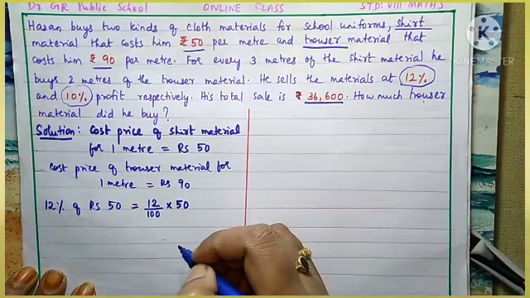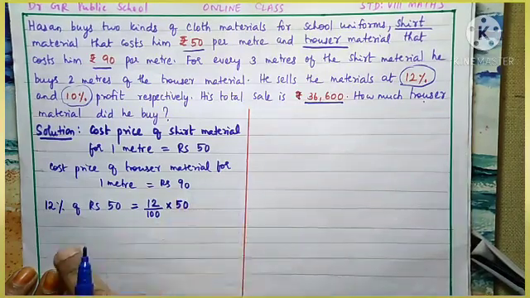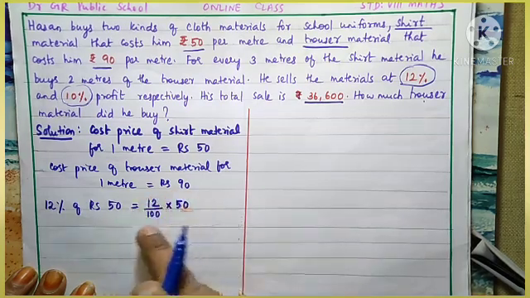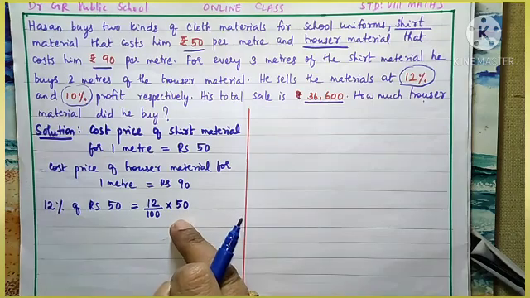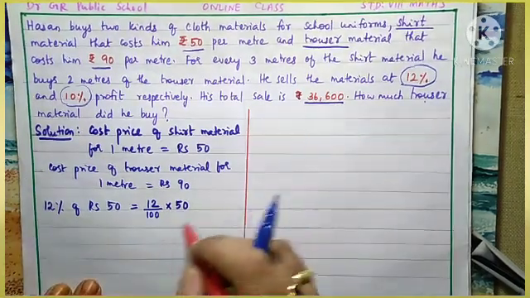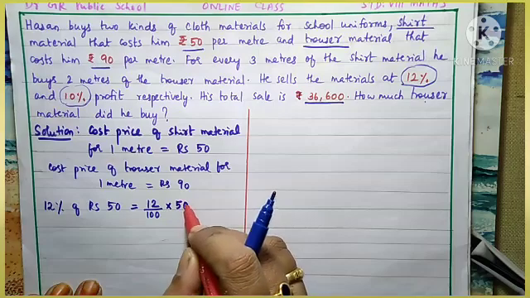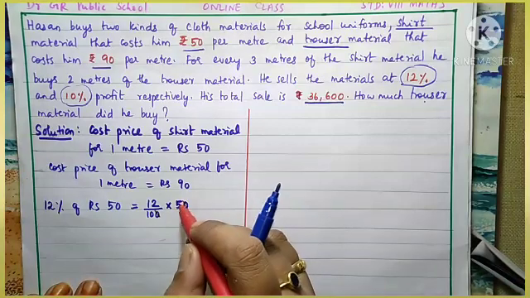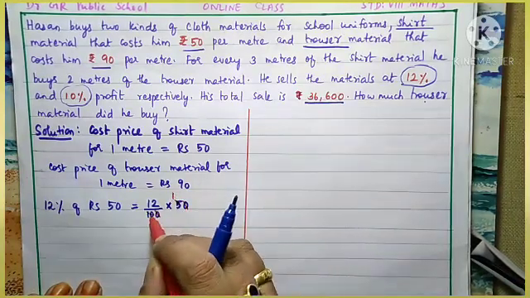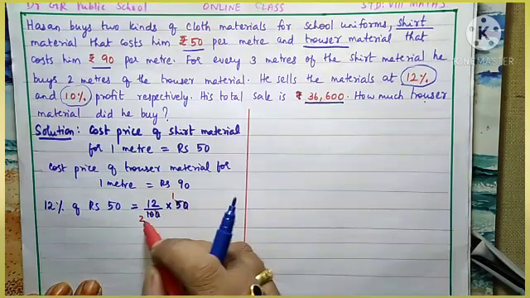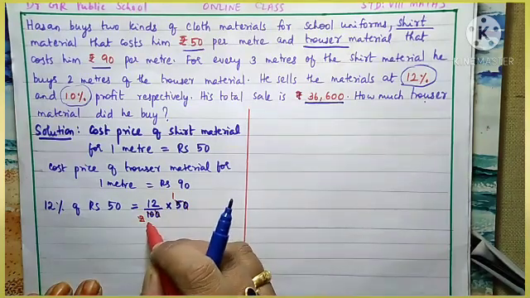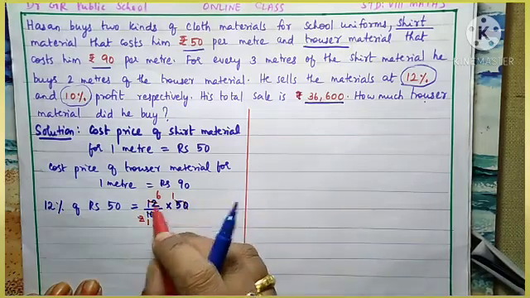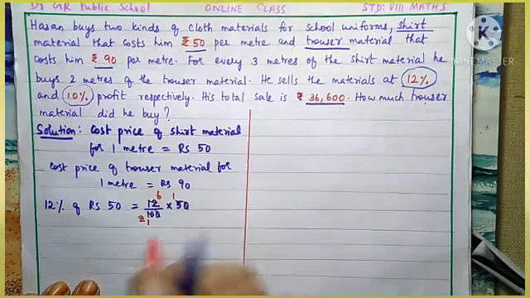So we are going to calculate what is the 12% profit of 1 meter of shirt. Now you see, whenever you see a fraction multiplication, we can reduce the terms. Here we can cancel this 0 and 0. Okay, now 1 5 is 5, 2 5s are 10. Now this 2 and 12 we can cancel. 1 2 is 2, 6 2s are 12. Understand? So what is the balance term in the numerator? 6. So this is equal to